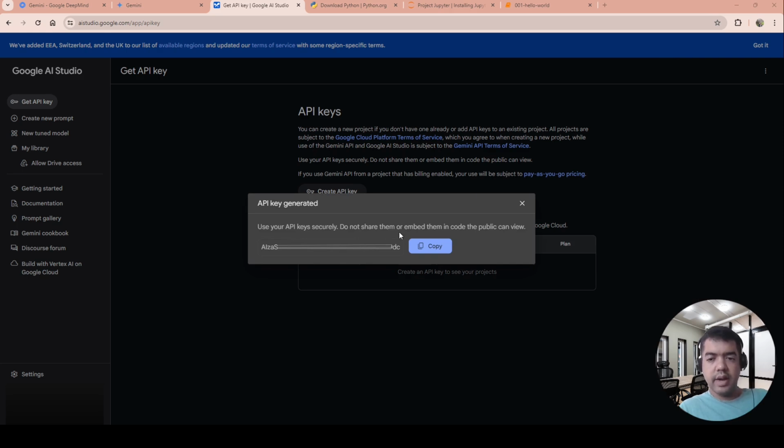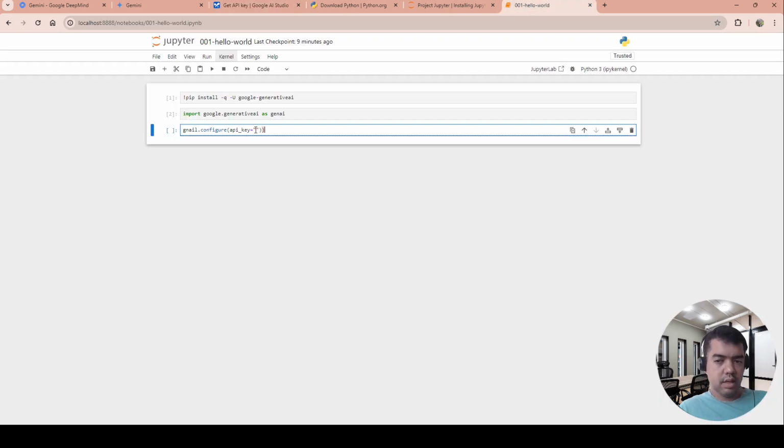Alright, our API key has been generated. Let's copy it and paste it here. It's important to save your API key in a secure place, okay? Do not send it to a public repository because someone with your API key could generate billing for your account.